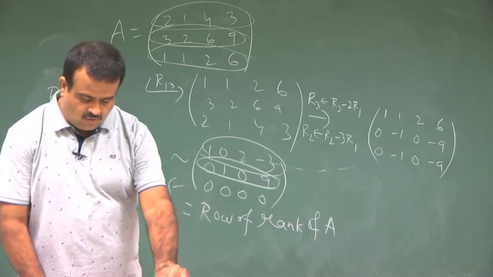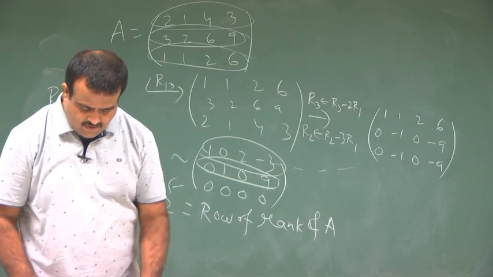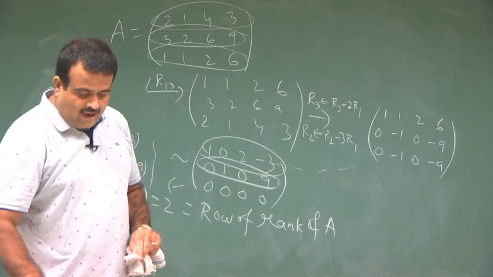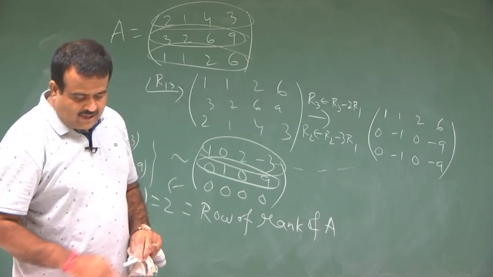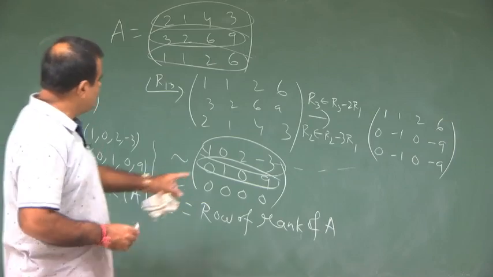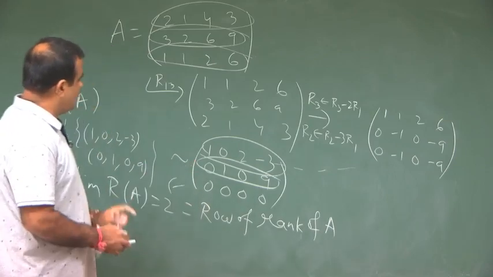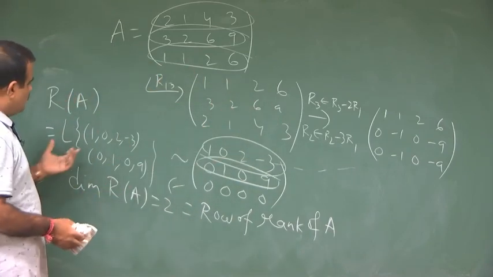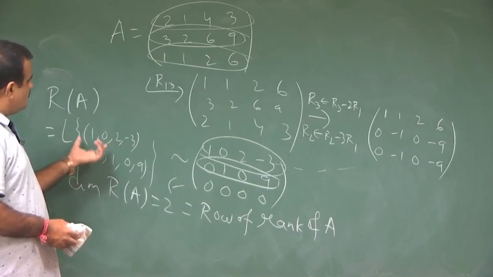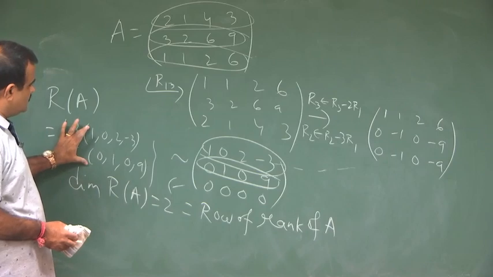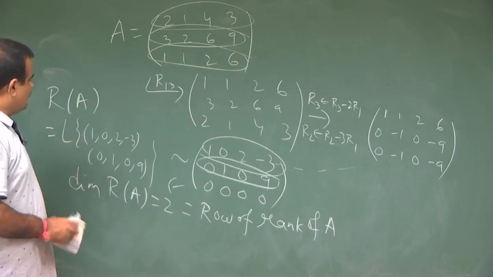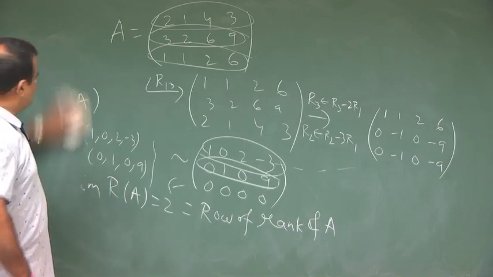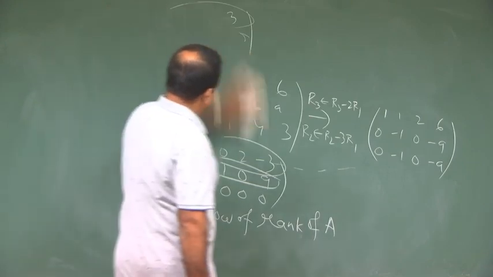So, this way we will get the dimension of the corresponding vector space. Okay. So, similarly, we will check that, and this is the row reduced echelon form, standard form, and in this operation we are doing all the linear combinations of the rows. So, finally, we got the two linearly independent vectors in the basis. This set will form the basis, and the number of elements in the basis is called dimension. So, dimension is 2. So, this is the way we find the dimension of a row space.